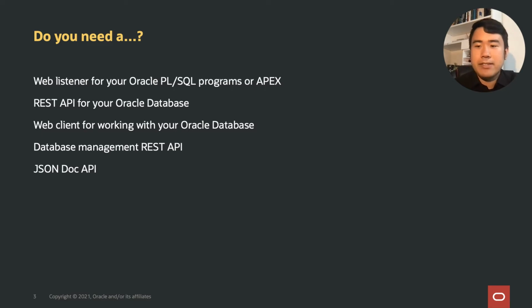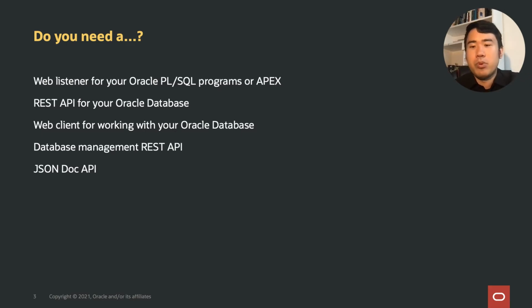So we now have a SQL Developer web interface. So if you want to query, tune, or manage your database, you can do that all via your browser. And that's all delivered via ORDS. ORDS also allows you to publish a database management API, not only for your tables, not for your PL/SQL, but APIs that help you to manage the database itself.